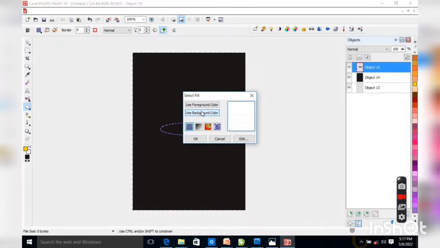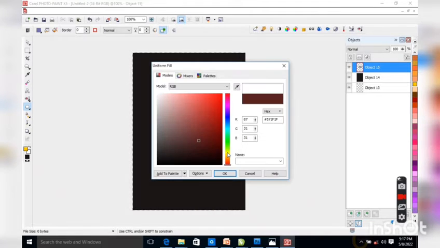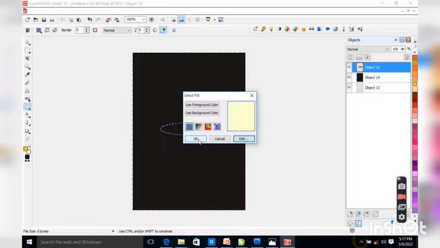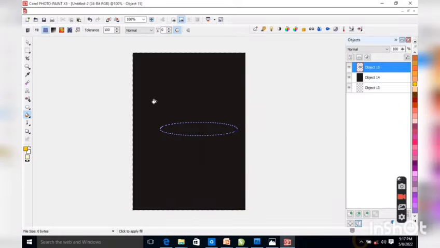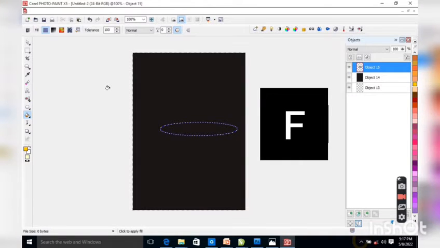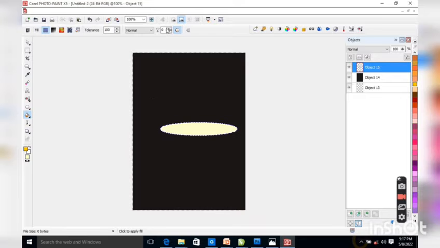Now, depending on the color of your light choice, you have to go back to the fill setup. This time, you'll select what you want. For me, light yellow, so select it and click OK. Now you have to select the fill tool or press F, then go straight to the ellipse and click once to color it. The next thing is to select the ellipse, go to object in the menu bar, select feather